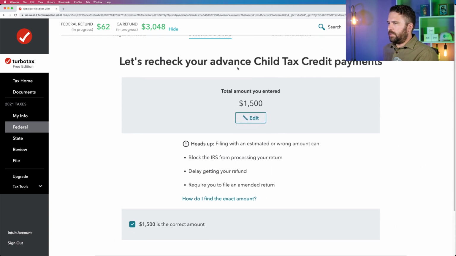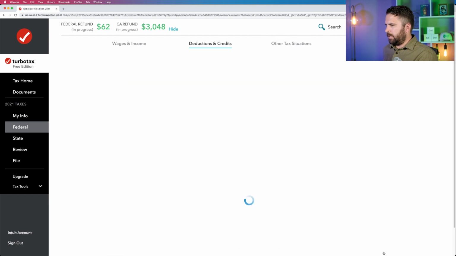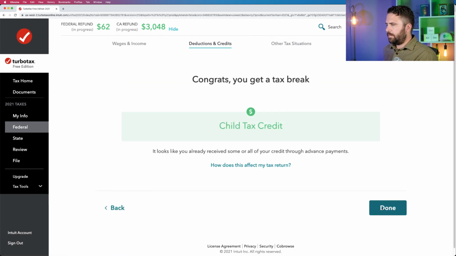So yeah, make sure this is right, or it could mess up the processing of your return. Right. So the way that child tax credit worked for 2021, there was this expanded child tax credit amount,